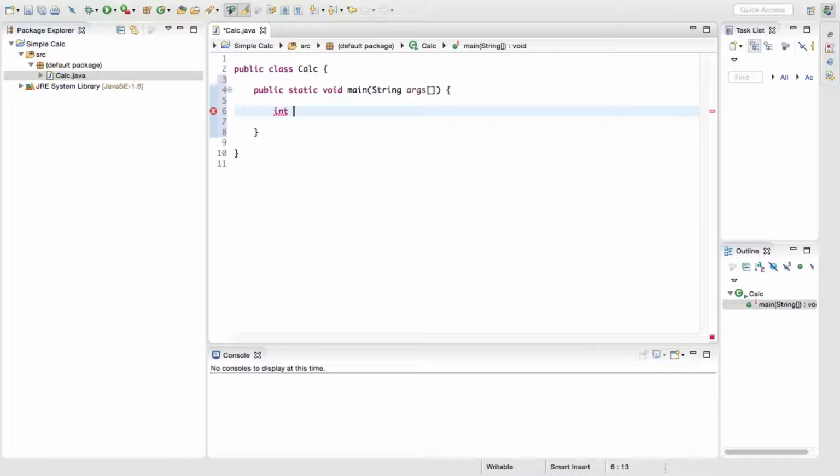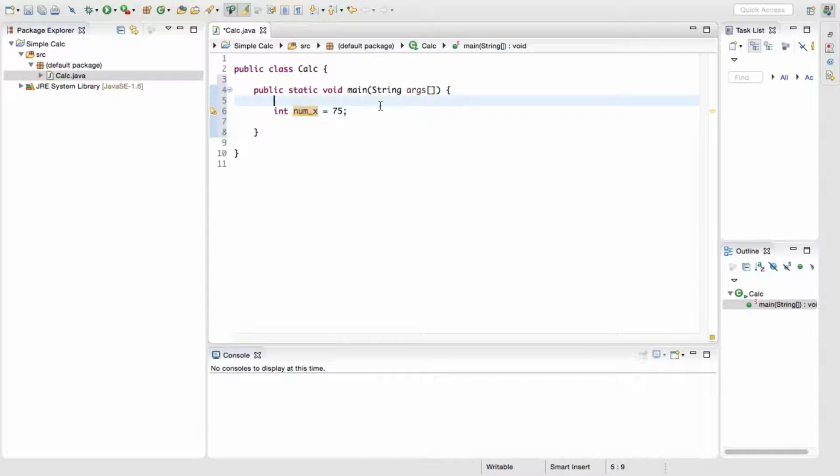So we can call it integer number 1 is equal to 0. Now, what we just did here, we gave integer number 1 a value of 0. And we can set the value to whatever we want. We can set it to 50, we can set it to 75, it doesn't matter. This is the value. We can also change the name,